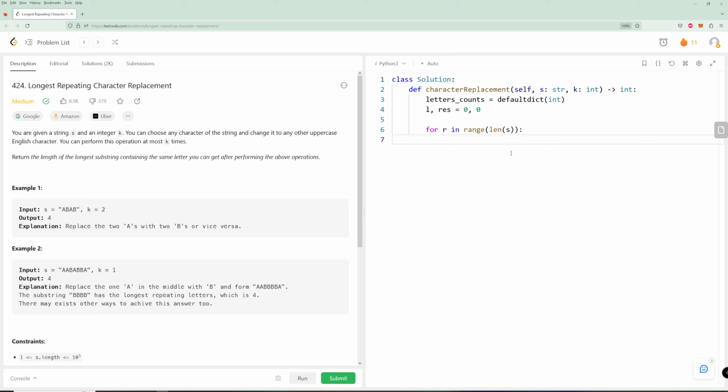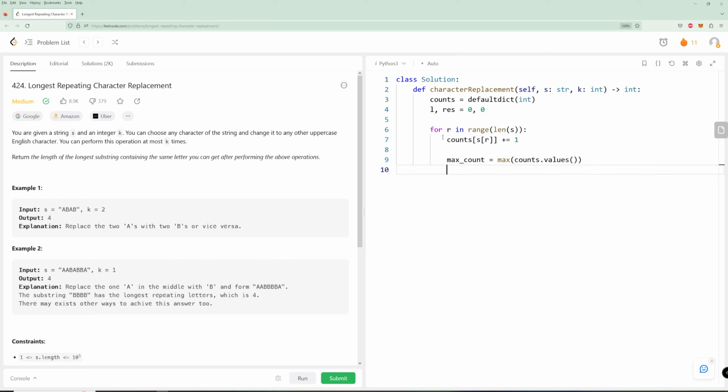So what do we need to do at first? We need to add a letter. So letter counts, let's just make it counts, right? So counts[s[r]] plus equals 1. We're going to need to add that letter. Now, what do we need to actually do? We need to get a max letter count here. So we can just say max count or something equals max of counts.values, because we're going to want to get the biggest value in the dictionary. And then we can just say something like